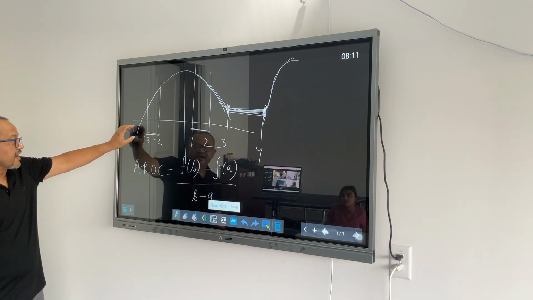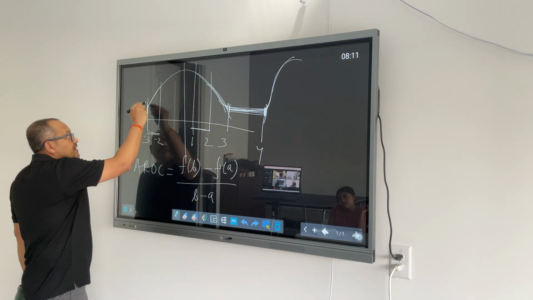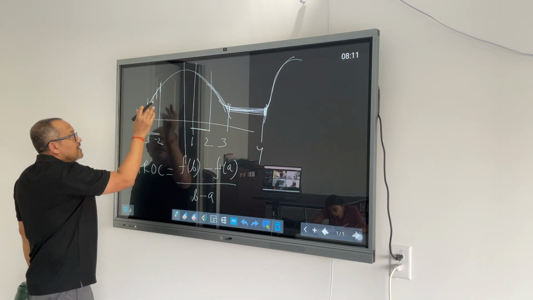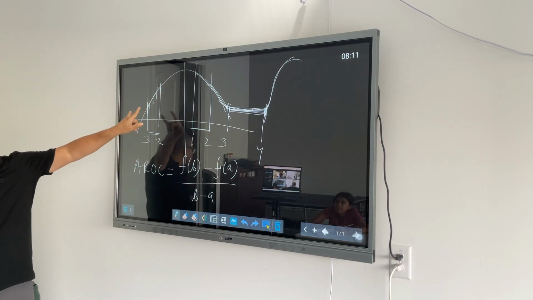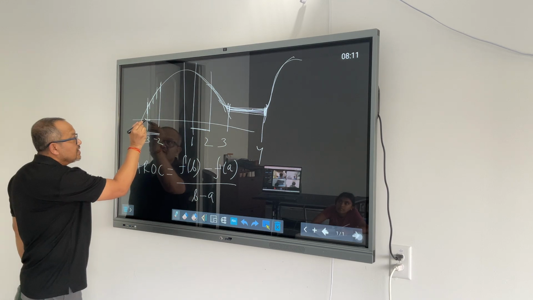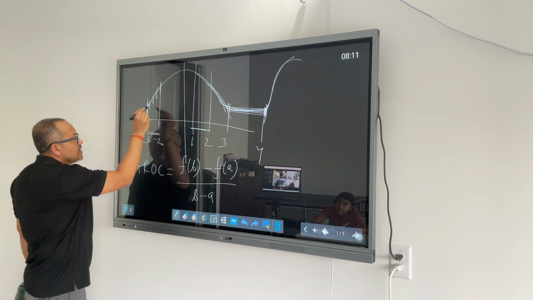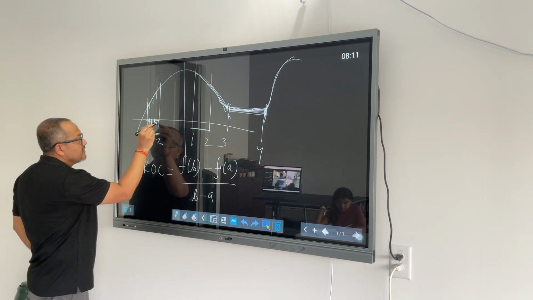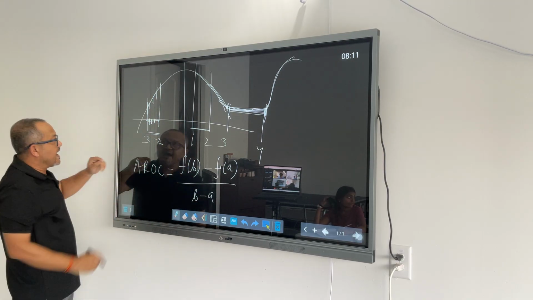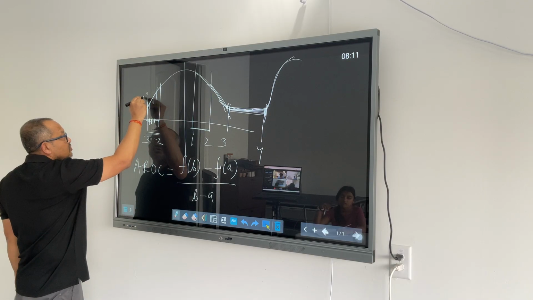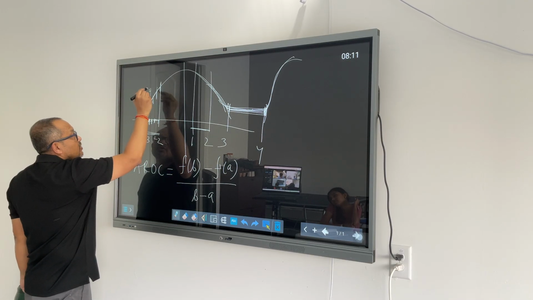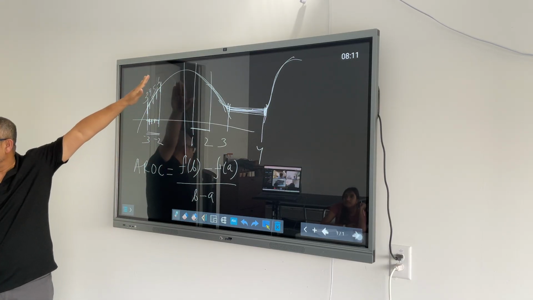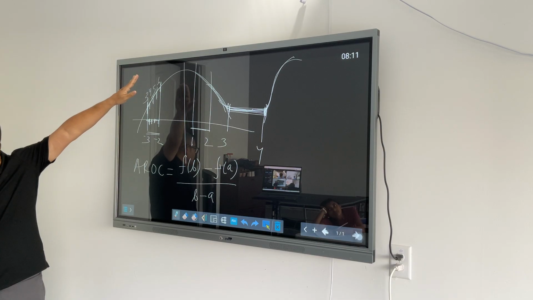Let's say if you are trying to find out concavity from here to here, you will probably break that into 3 or 4 pieces and look at what happened to my average rate of change for these 4 ranges. And let's say here my average rate of change was 3, here it was 4, here it was 5, here it was 6. Then I will say this was upward concavity or positive concavity.